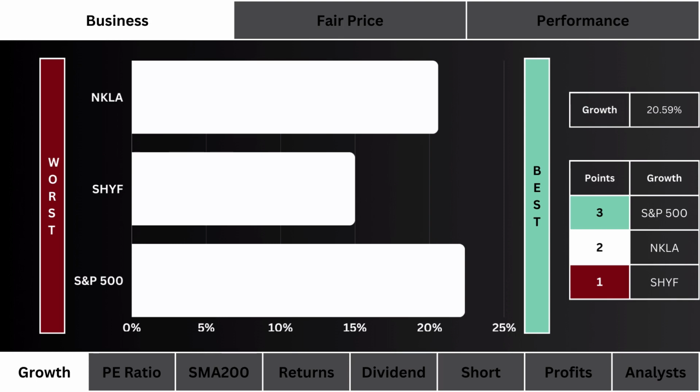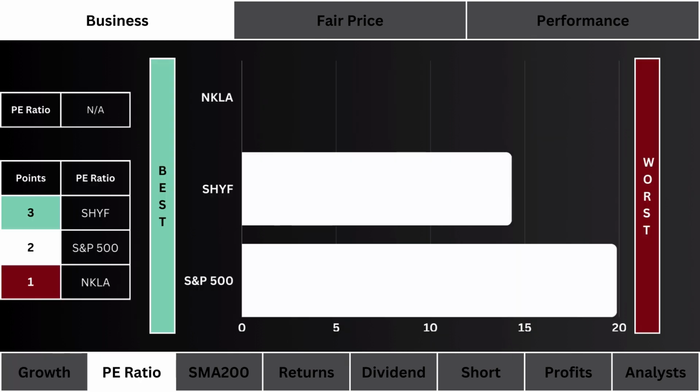What you see here is growth rate for each stock. We prefer a higher growth rate, and the highest growing stock will receive 3 points. I want to note that the growth for the S&P 500 is the average projected growth of its 10 largest components. Second, let's look at the PE ratio, which is an indication of how much speculation is built into the